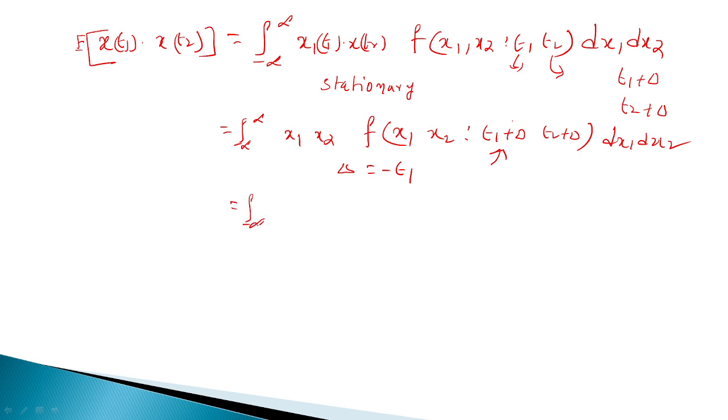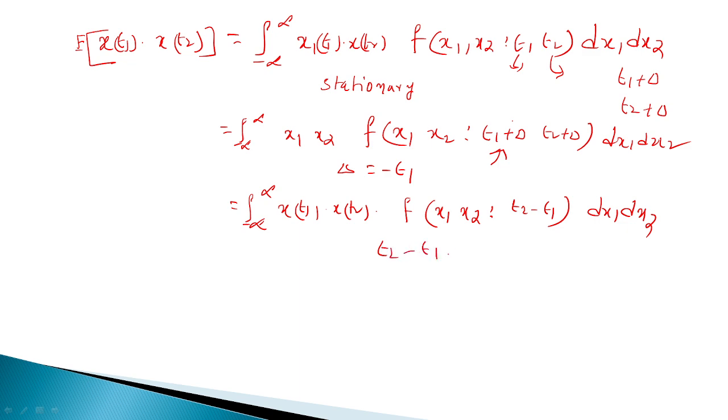Therefore, the integral from minus infinity to plus infinity of x of t1, x of t2, f of x1 x2, t1 minus t1 which is 0, and here t2 minus t1, dx1 dx2. Again for simplification purposes he is assuming t2 minus t1 equal tau, and from this we can write